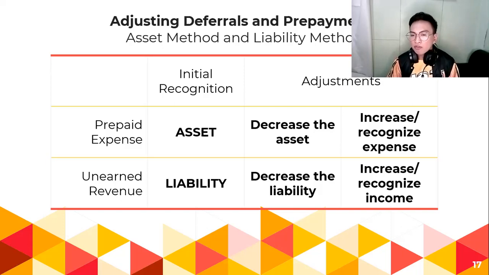And for the adjustment, we check what to be decreased or what to be deducted from our liability because of the increase in our income. Bakit nag-increase ang income? Because we already provided service related to that unearned revenue. Or simply put, na-earn na natin yung unearned revenue. That is your deferrals, and those are your deferrals and